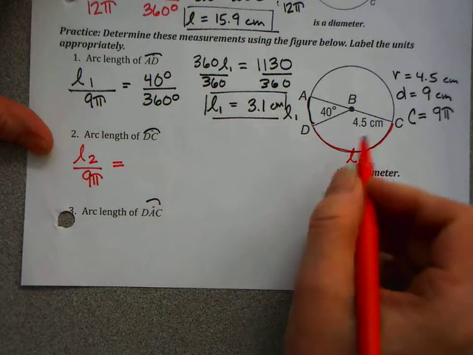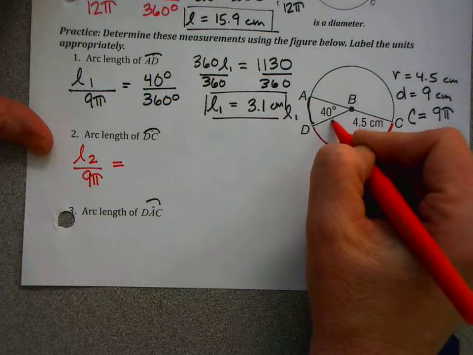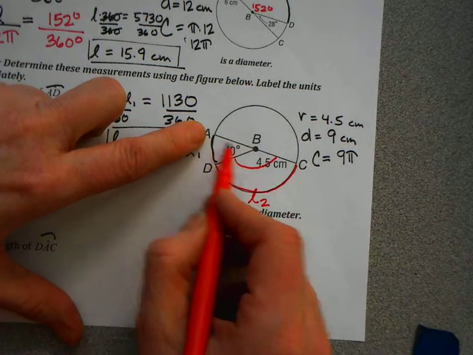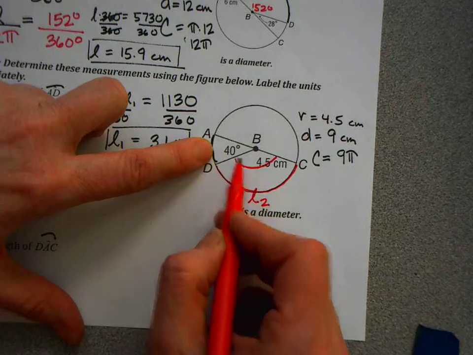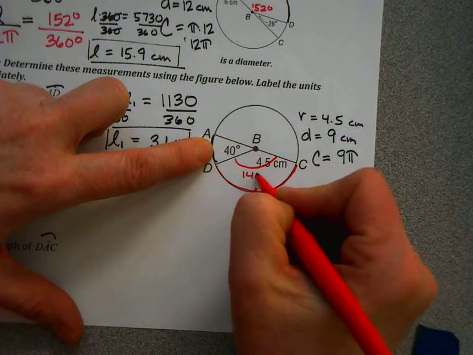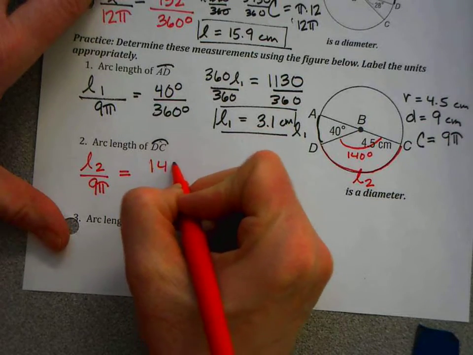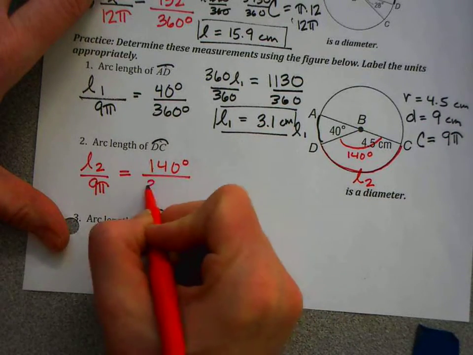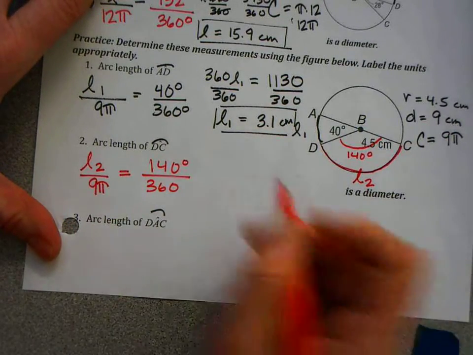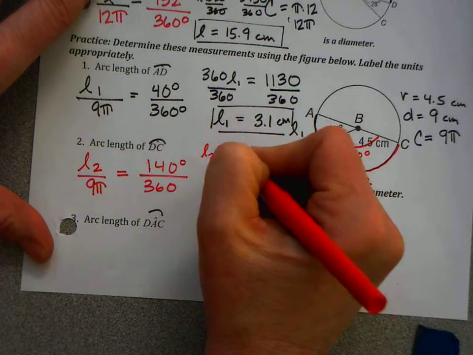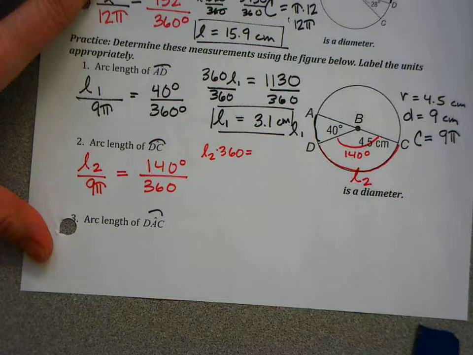equal to, now what is this degrees? I'm looking back here. I have to figure it out. Well, if this is a diameter and this is 40, then this must be 140 degrees. So I say 140 degrees over 360 degrees. And then I just do the math, right? L2 times 360 equals 9 pi times 140, which gives me